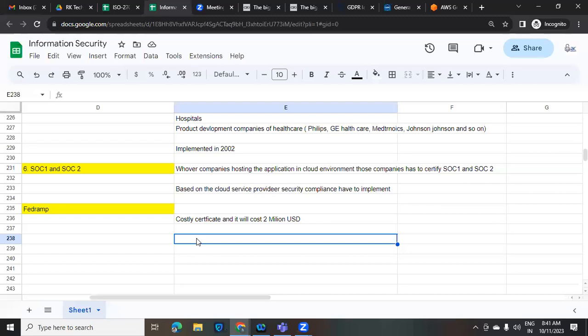Example, these compliances are applicable to cloud service providers,